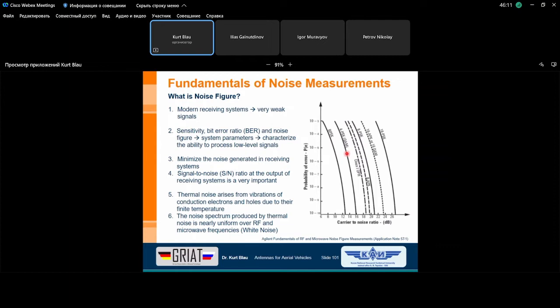For instance, 0, 90, 180, 270, and 360 degree. Between these 4 phase states we can switch or modulate. All these modulation schemes are digital modulation schemes. Then, for instance, we have the